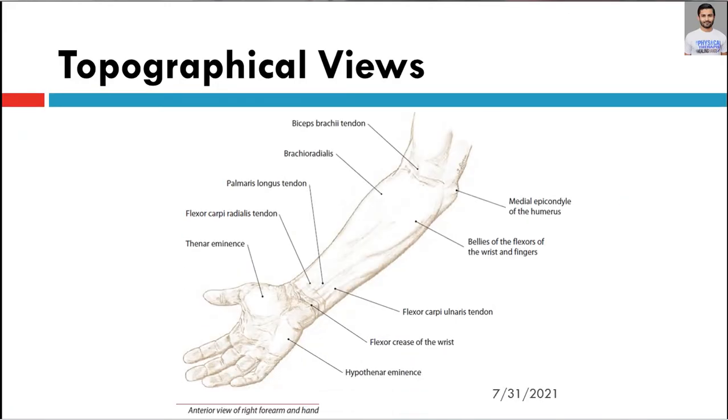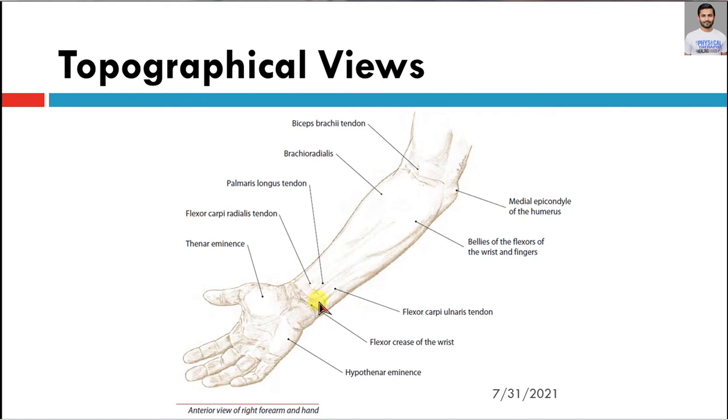This is the palmar aspect or the anterior aspect of the right forearm and hand, and on the medial side you can see the bellies of the flexors of wrist and hand or fingers. So collectively these are common flexors, and on the lateral aspect there are the common extensors and the brachioradialis. The anterior aspect of the lower portion of the arm can be seen. You can see the belly of the biceps, and the biceps brachii tendon can also be seen, the aponeurosis most probably. The medial epicondyle,